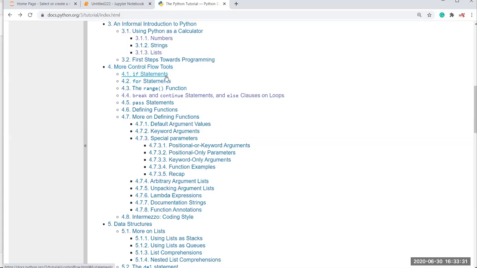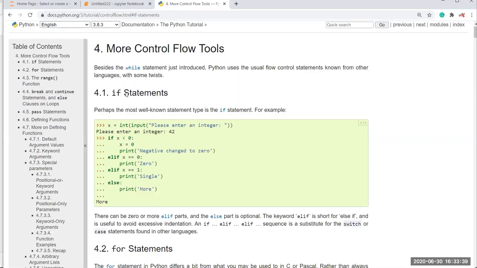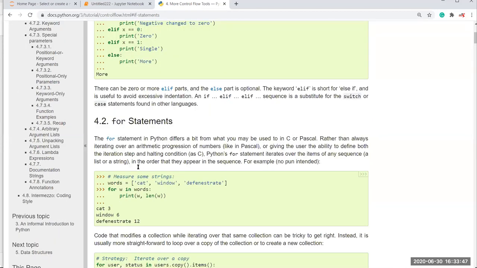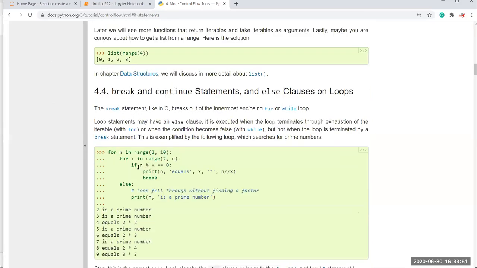Okay, so I click on the if statement. Here the if statement: the most well-known statement type is the if. For example, you can see a couple of examples here. Then break and continue statements, which we have seen in the past week, right?